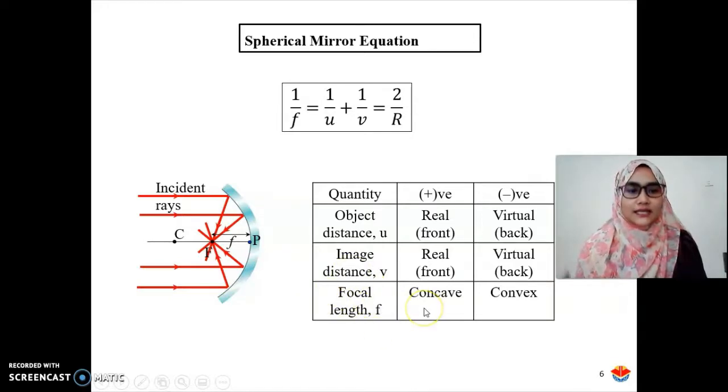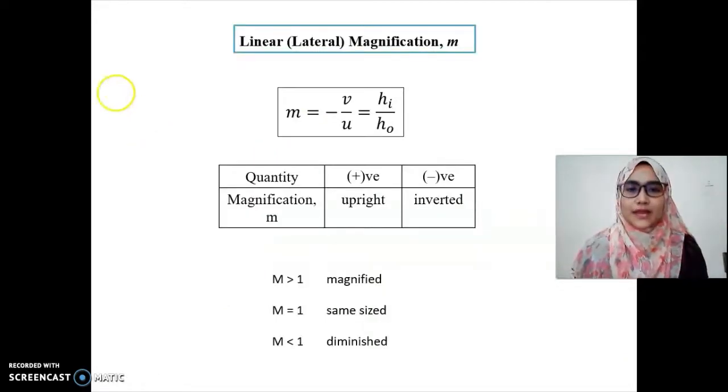Focal point, okay, this you need to remember a bit. Memorize: concave applies for positive focal length, convex is negative. So if you want to substitute the value for focal length, remember positive is concave, negative is convex. Okay, alright. Now for magnification,